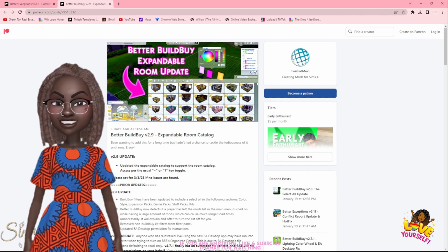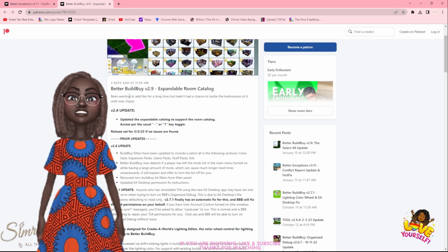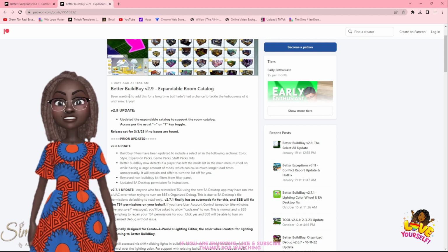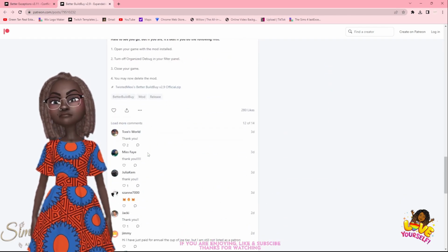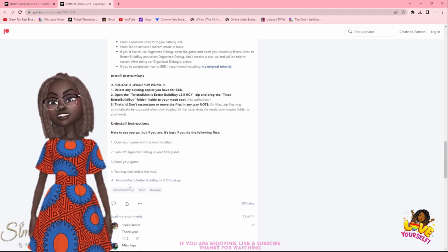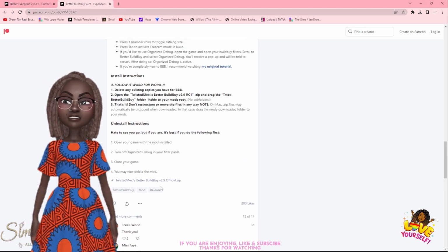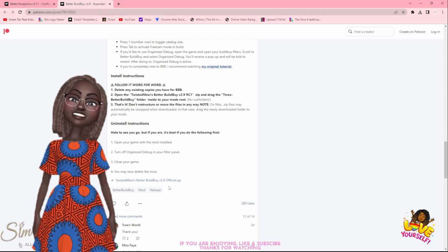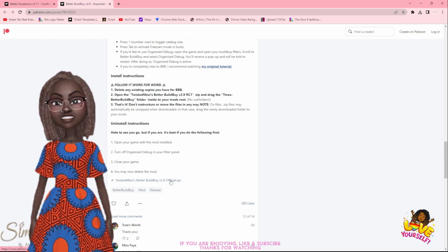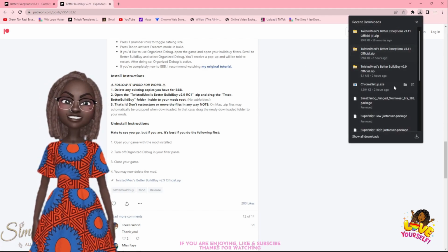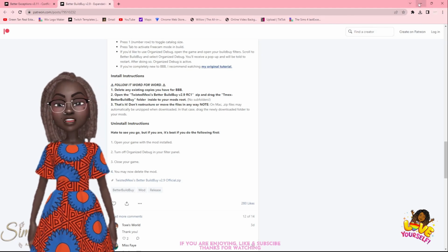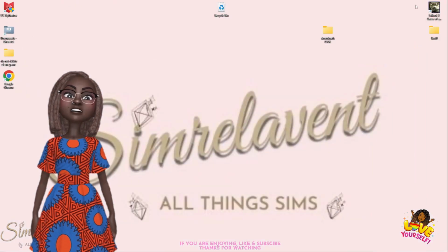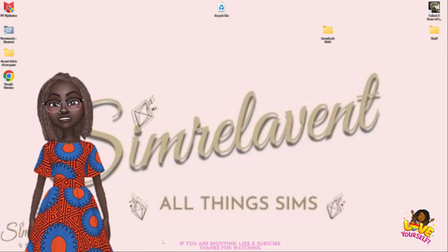Way more organized. And so he just updated this 3 days ago. Yes. So we scroll down to the bottom, and once again, here's our file, our TwistedMexi Better Build by. It's our official zip, and it's free on his Patreon. We're gonna go ahead and download that. Like I said, it'll show up here, or it'll show up on the bottom of your screen, or wherever you have your downloads go. Okay, once we're done with those, we're done with that page, and we want to go